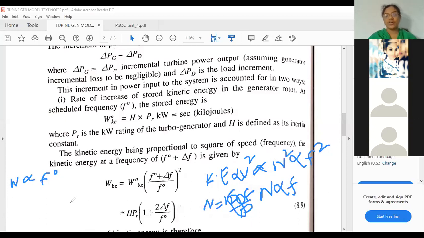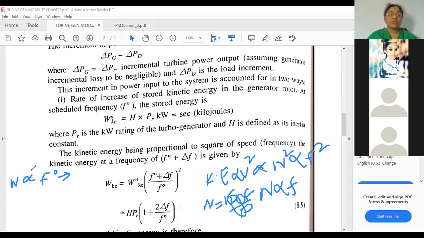In the starting stage, the frequency has not changed; the generation is equal to the demand. So your frequency is constant, so that is given with this equation. And if there is a change in load, increase or decrease, whatever. If there is an increase in the load, then your generation has to increase. So if the load is increased, the frequency also changes. I told you earlier, if demand is higher and generation is lower, your frequency automatically increases.